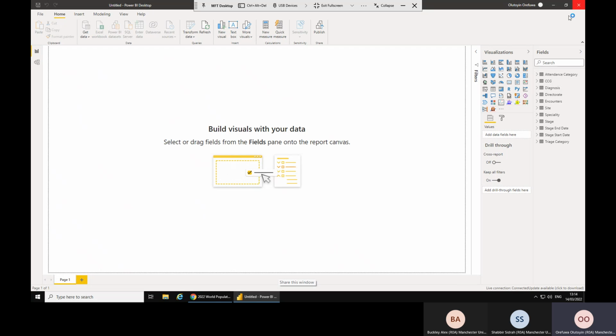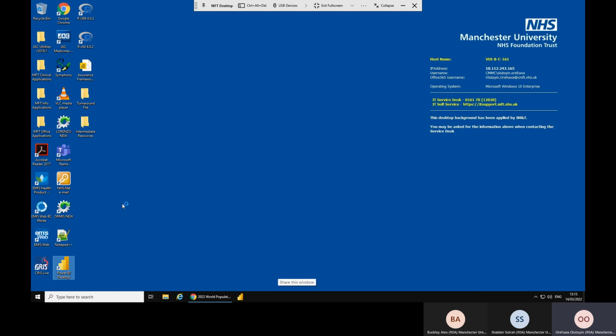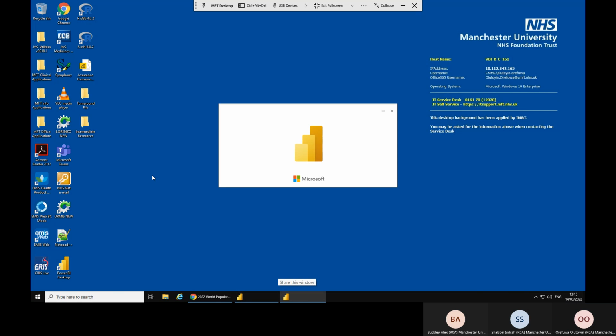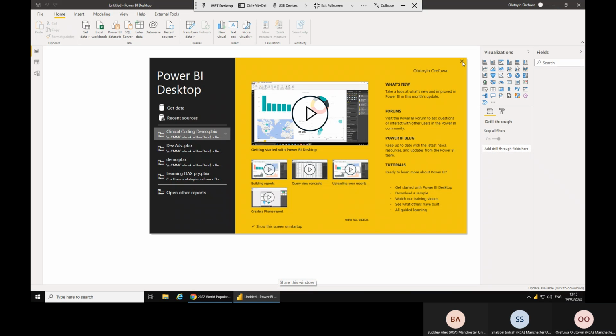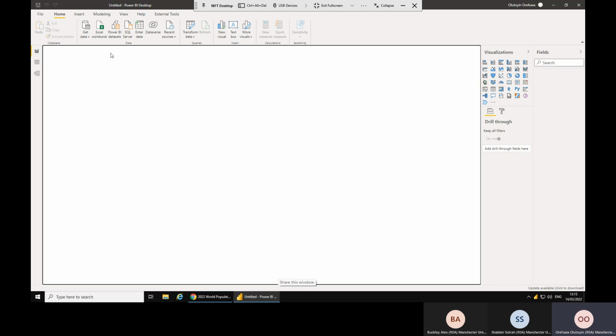Okay, let's cancel that. Again, let's launch Power BI Desktop, a new instance. Just give it some time. It takes a while, but it's definitely launching. Yeah, there we are. So we've done an instance of